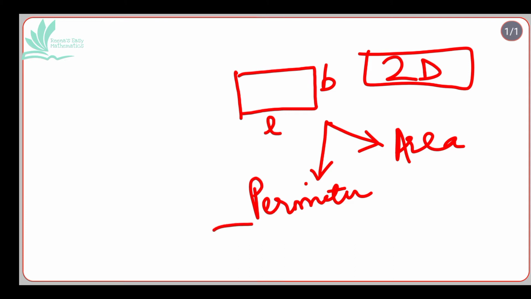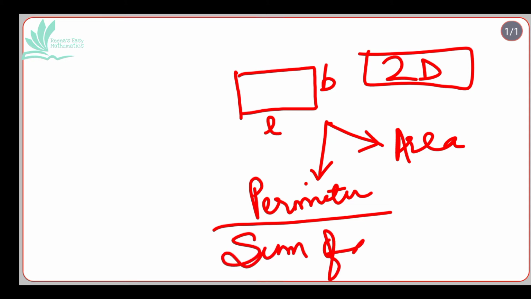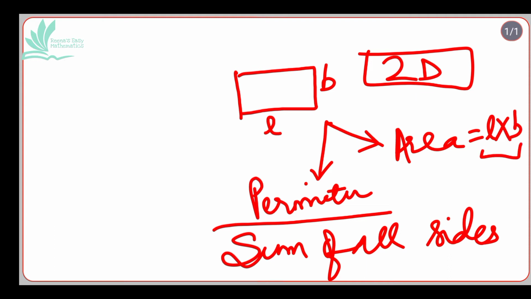फॉर एग्जांपल आपको किसी भी प्लेन फिगर का पेरीमीटर निकालना है तो यू हैव टू फाइंड द पेरीमीटर बाय सम ऑल द साइड्स और सम ऑफ ऑल द बाउंड्रीज. और अगर आपको एरिया निकालना है रेक्टेंगल का तो दैट इज लेंथ इनटू ब्रेड्थ. अगेन वी आर डीलिंग विद 2 डायमेंशंस ओनली.